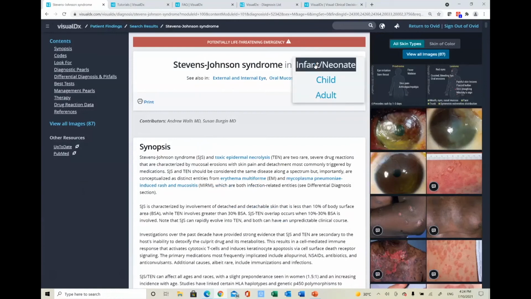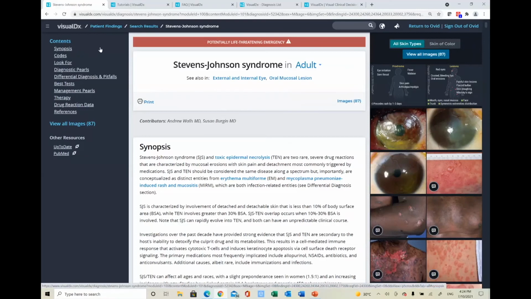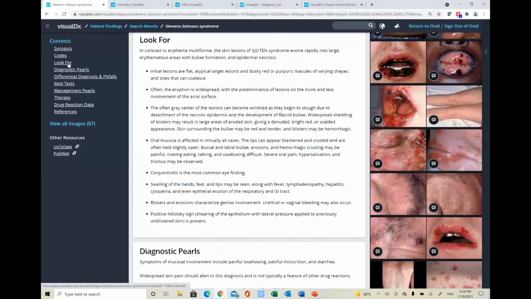The person that I'm looking at is an adult, but we can see some detail here if this was a patient who was a child or an infant. On the side of the page here, we can see the summary of this particular disease or problem. So if I wanted to move down and look at the detail for that patient, I would be able to come down and see the summary that we see here. So this could be a really good way of making a decision about whether this was the issue that I